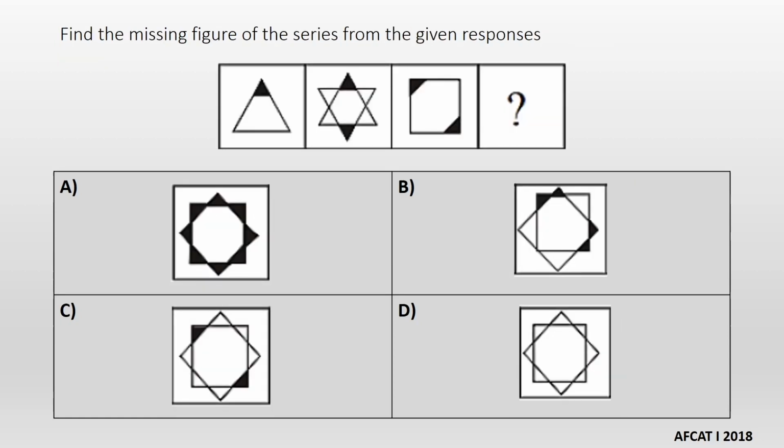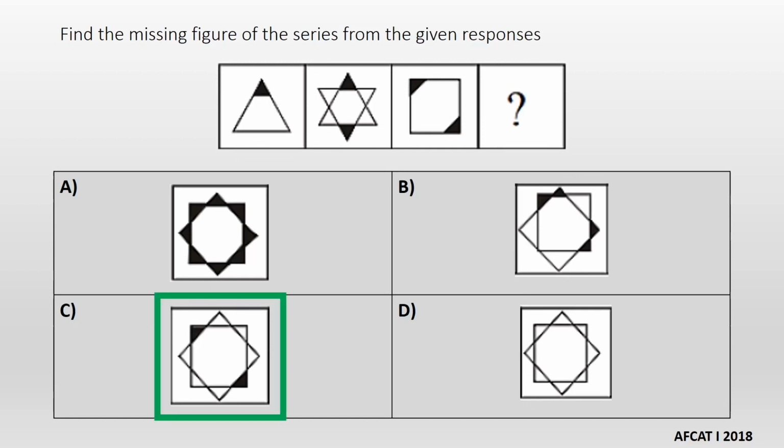So till now we had 4 types of questions based on Venn diagrams and relations. Now comes the third type, that is find the next figure in the series. So in this one, the most appropriate figure is C. C is the correct option. The shape is rotated by 180 degrees, and that makes the answer.